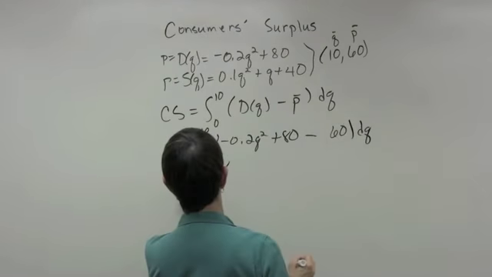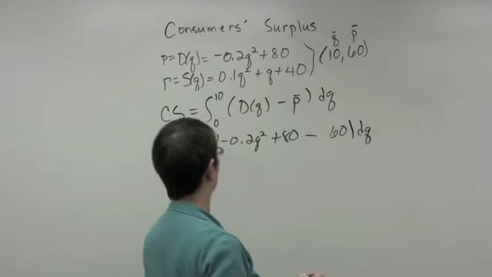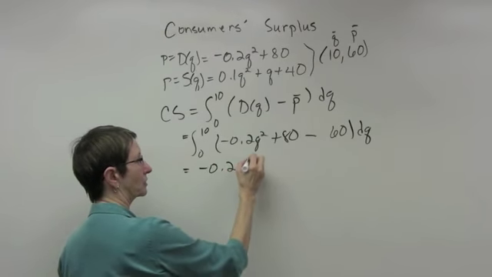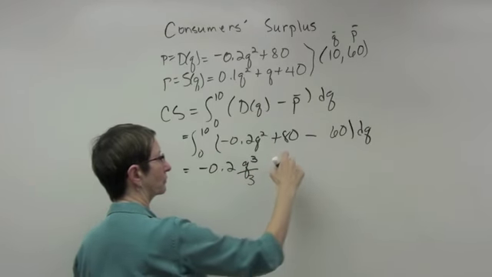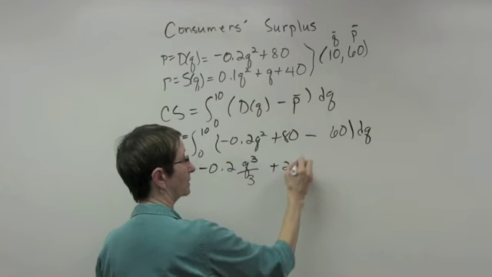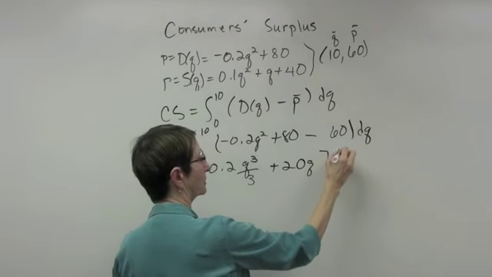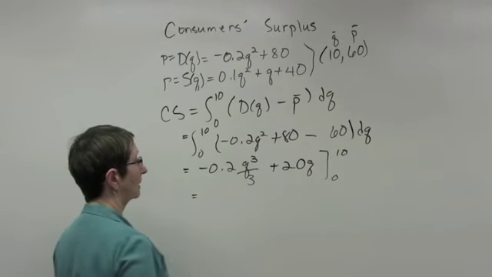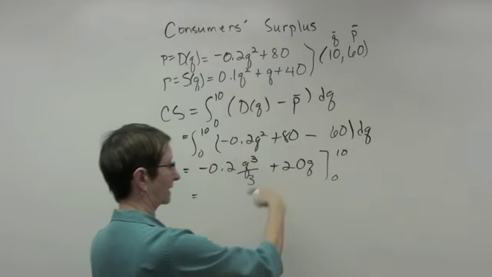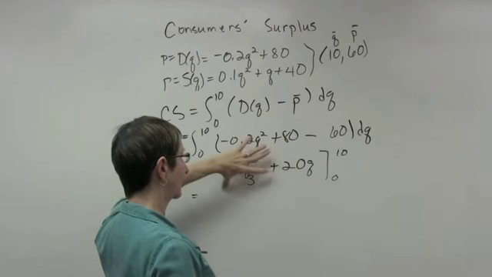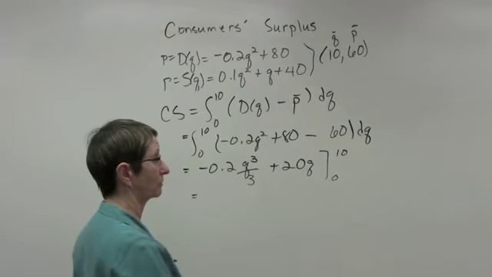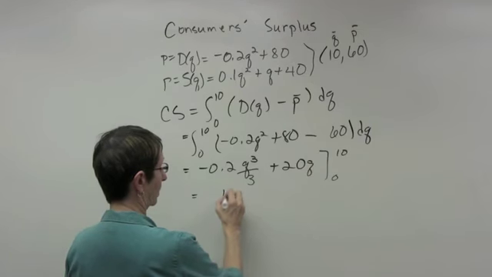Just go on and find the antiderivative there. Negative 0.2, and this uses the power rule, q to the third over 3. Plus 80 minus 60 is plus 20, so that will be 20q, and this goes from 0 to 10. Get all that together, multiply it all out, combine your terms. When you plug in 10 and then you subtract off, you do have a 0 here, and it'll just give you 0. And you should end up with